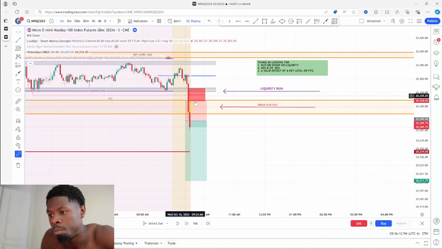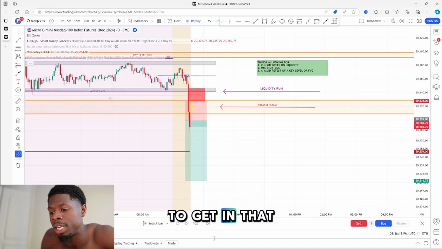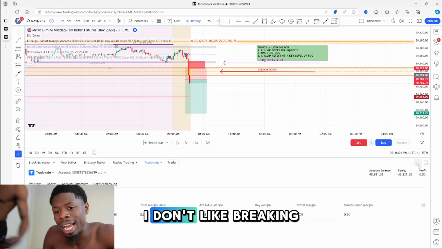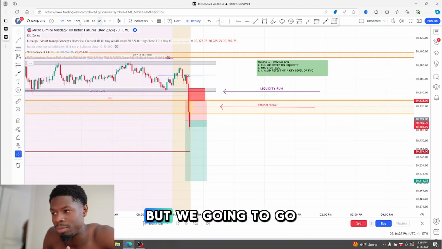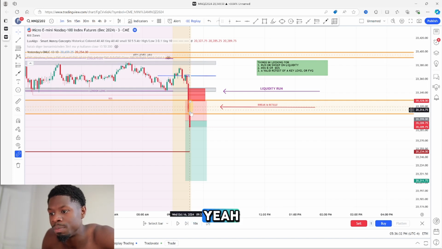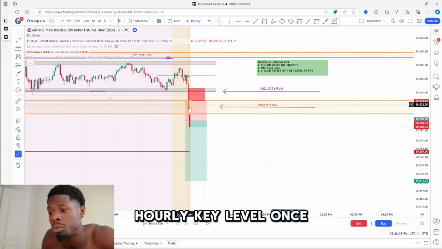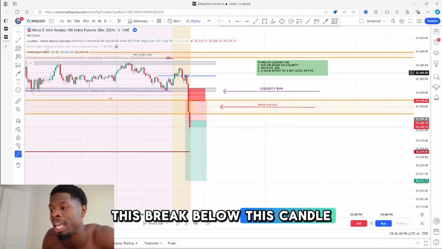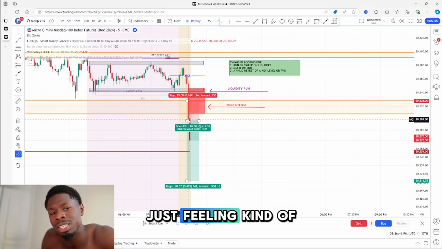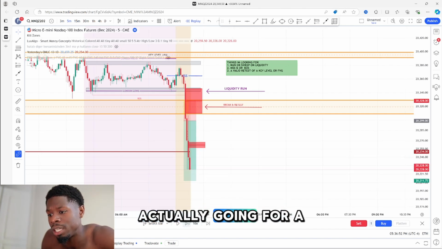So after I saw this wick off of this fair value gap, I was like, all right, I kind of want to get in that trade. And I was really, really hesitant because I don't like breaking my rules, but we're gonna go into that. I didn't really break them, I bent them, and I'm gonna talk about that. So I did get into the trade once I saw this break below this hourly key level, once I saw the strong rejection wick, and once I saw this break below that candle. But I jumped out really, really fast just to hop right back in because I was feeling kind of shaky about it. But I jumped right back in,